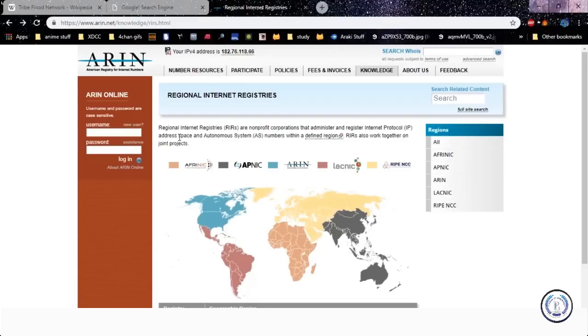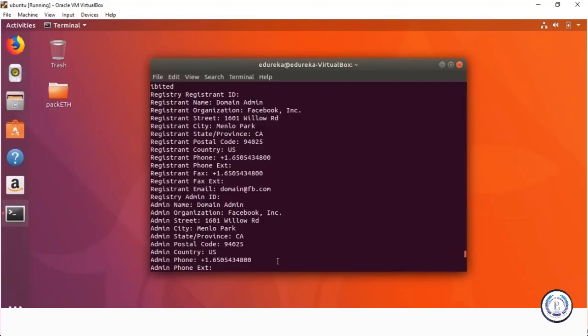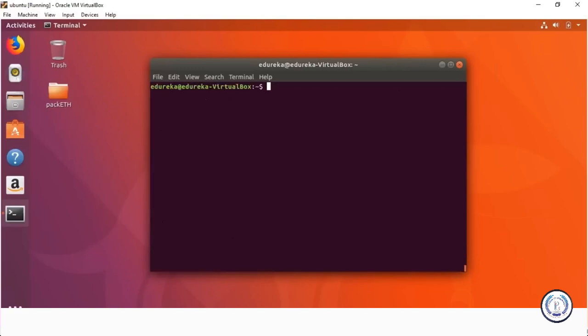And as I said, whois is responsible for querying information from the various regional internet registries, as you can use whois to get information about who owns a particular IP address. So for example, let me just open up my Ubuntu system. Let me clear this out first. As I was just saying, for example, you could go whois